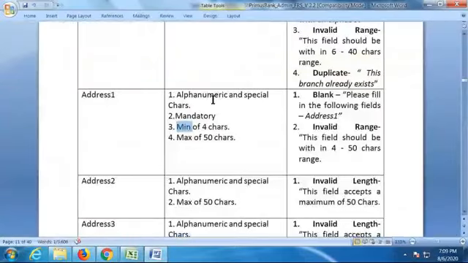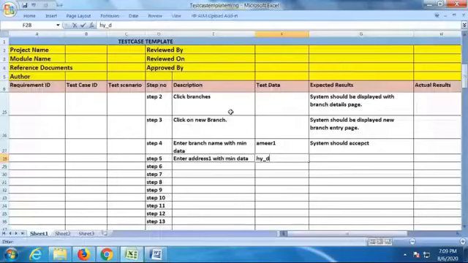Alpha numerics and special characters also allowed. 4 characters. 1, 2, 3. I can say 1. All combinations that alphabets plus special character underscore numeric is also missing. So here also, what should happen here also? System should